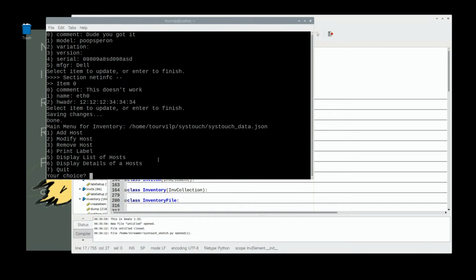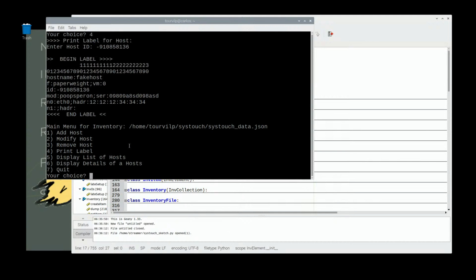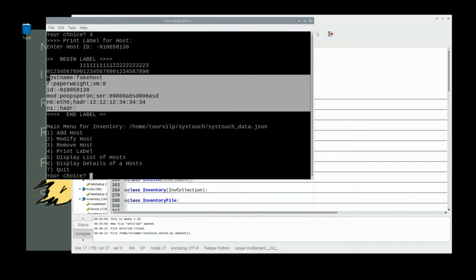Now, here's the full Monty, the Big Lebowski, the Grand Wazoo. Let's print a label for the thing that we just edited. And up here, this is the text that you would print for the label. There's an extra step involved. Basically, as things exist right now, I have to log into the